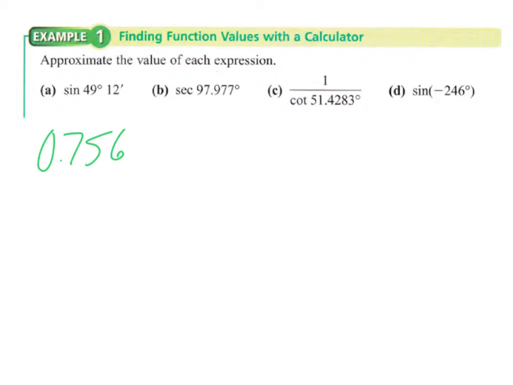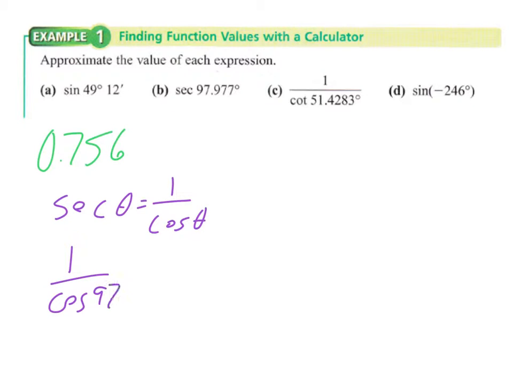The second one, the secant of 97.977 degrees. The trick there, of course, is that there is no secant button on your calculator. So you will, of course, have to recall that the secant of theta equals 1 over the cosine of theta. So what we do is 1 over the cosine of 97.977. And that will end up being negative 7.206 approximately